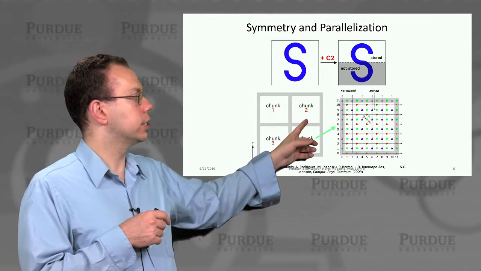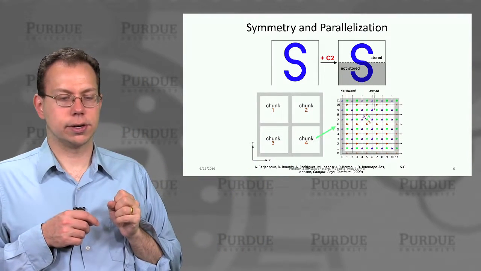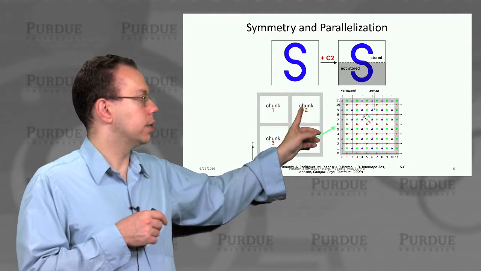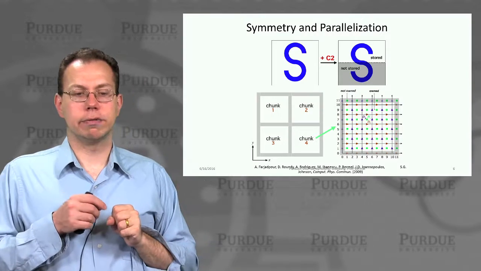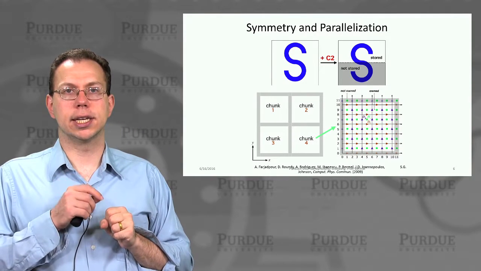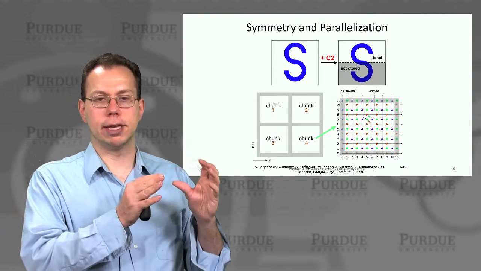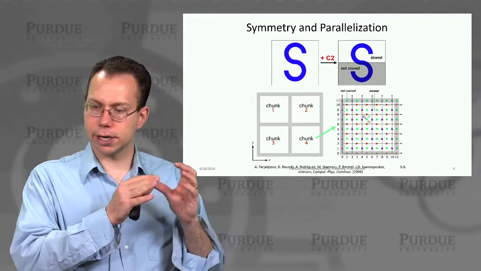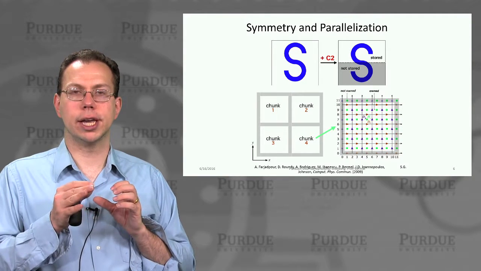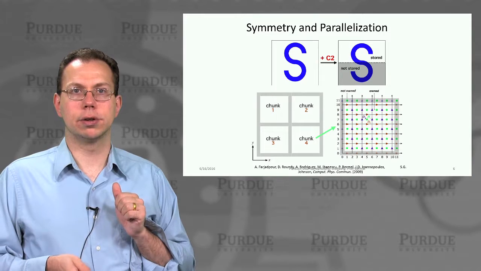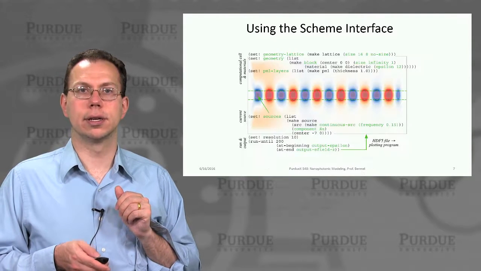Another feature about splitting up into parallel regions, also discussed in this paper, shows that you can have multiple chunks, and each chunk recognizes for each of its neighbors whether it is owned by the same chunk or by a different chunk. Each chunk can then be mapped to a different processor, and it automatically triggers inter-processor or inter-node communication, as the case may be, through something like MPI, message passing interface.